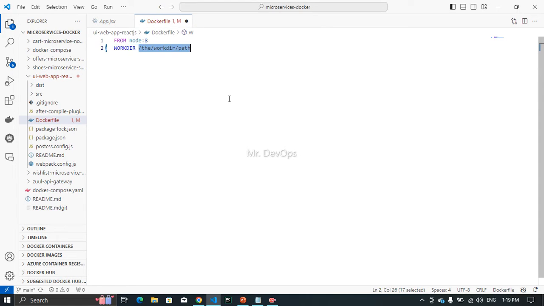And here I'm going to define the work directory. That will be /app. Okay, what is the work directory? The work directory is nothing but whenever you exec into the container, this is the first root directory which will open. Now what are we going to do? We are going to use copy to copy the code from the current directory to the work directory,